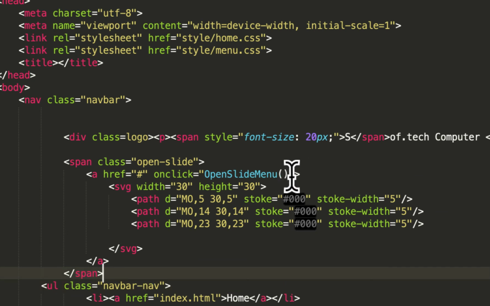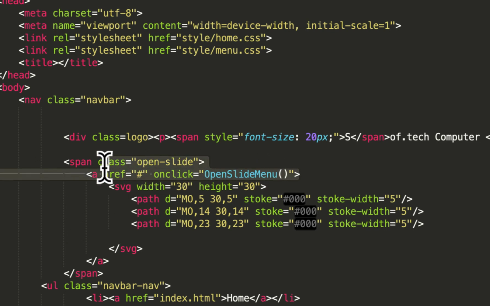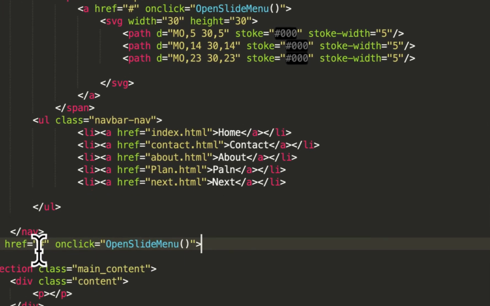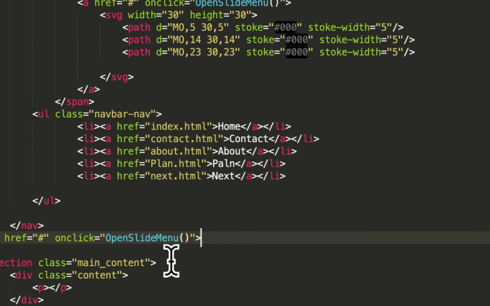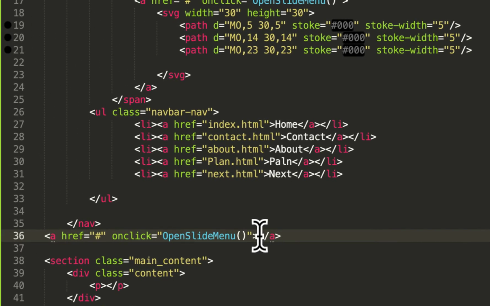Now I have to have a close thing. So what I'm going to do right now, after this nav, I'm going to have probably same thing, a copy and paste it, but I have to close this one too, so it's going to be a, and actually let me have times, yeah. Okay, this is going to be close. So let me do this one first. It's going to be that, but